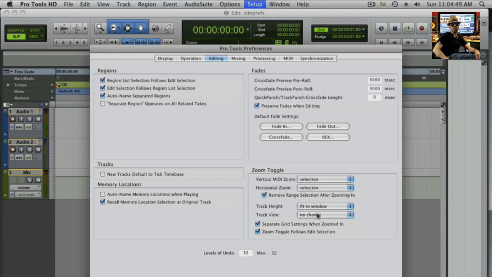Track view, it's personal preference. These days I've shuffled over to using it on no change, so it's more of a, if I'm in volume view on my track, then it will stay in volume view when I zoom over. If I put it on last used, which is my alternative that I generally use, last used just means that